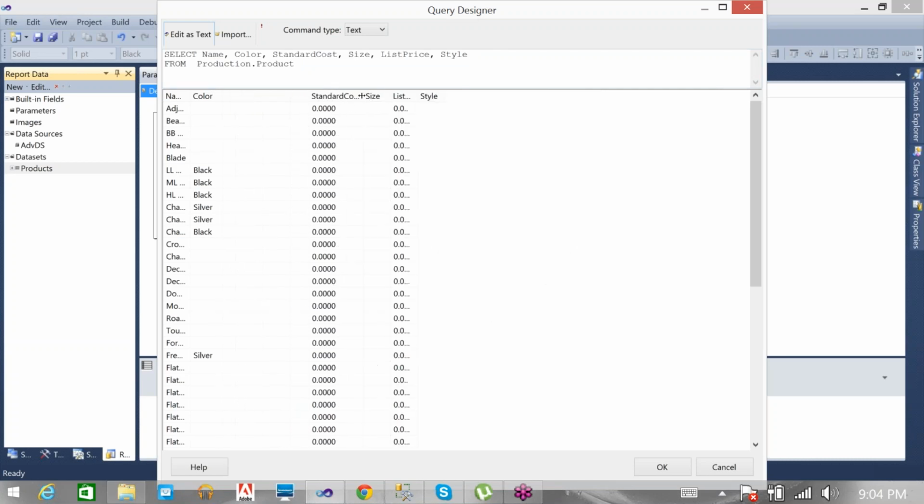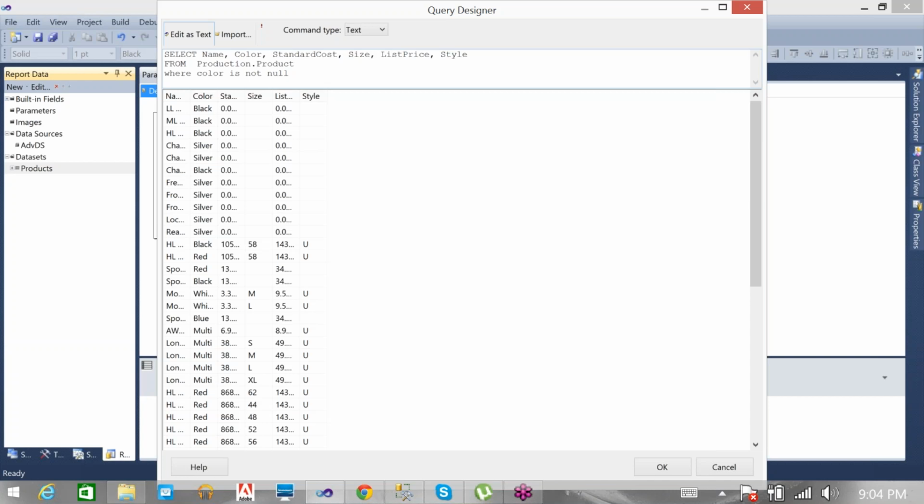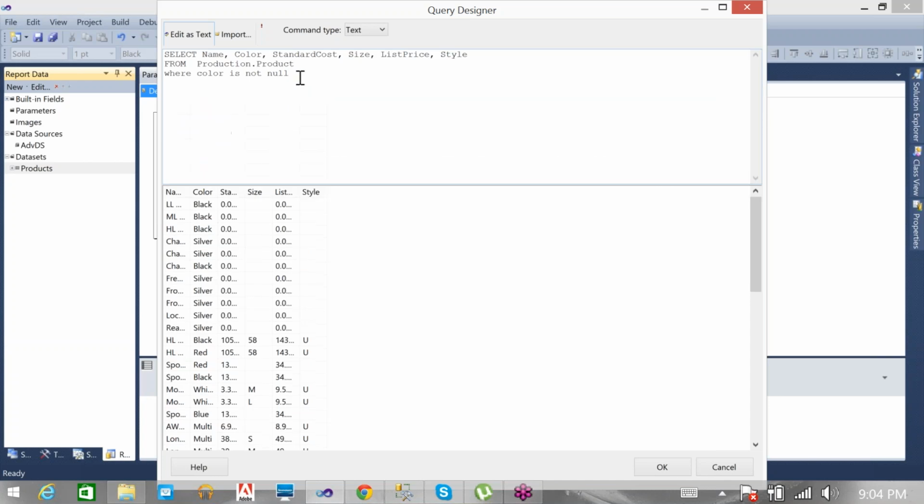And if you don't want null, then use where color is not null, and color is equal to @color.